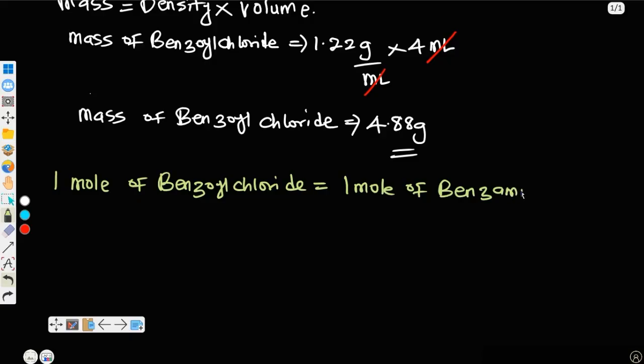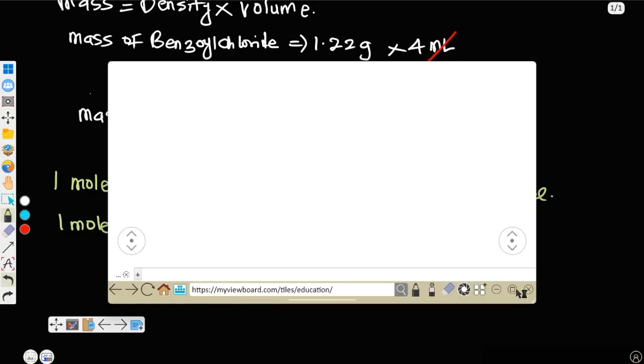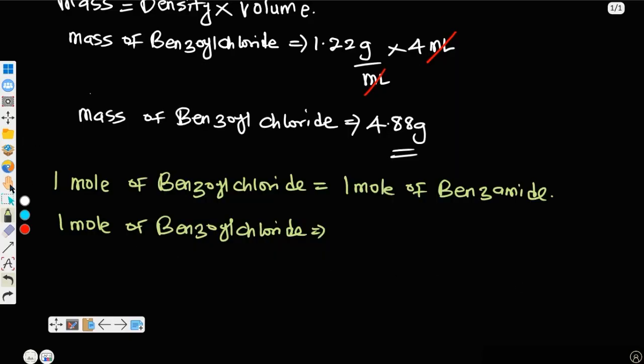Now, what is the mass of 1 mole of benzoyl chloride? That's another thing you need to know. So you now say 1 mole of benzoyl chloride is equal to the mass, which is equal to